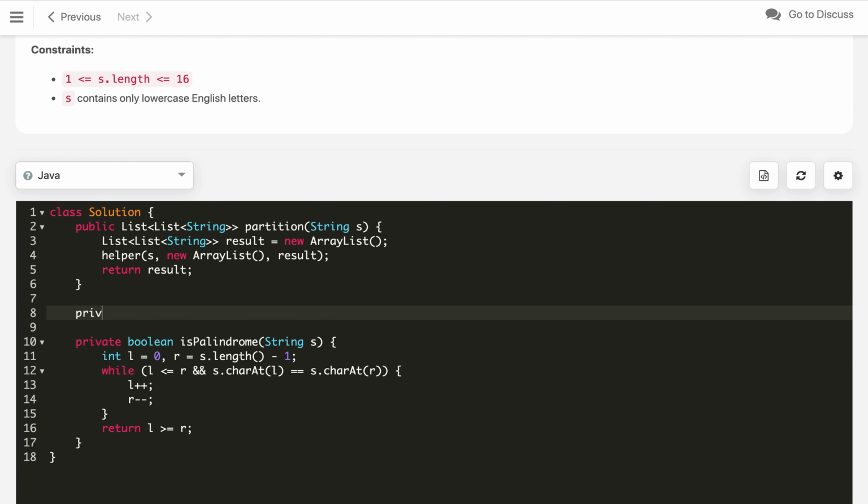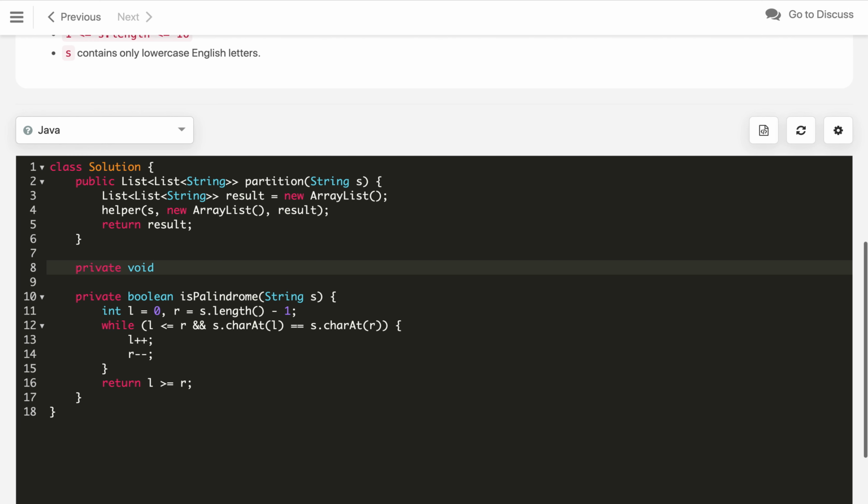So now in the helper method we will write this. If you have already solved some of the combination and permutation problems, this is very similar to those problems, nothing is special. So now this string is S and the list of strings, which is like the current list, and the actual result is a list of lists, which will hold all the lists of strings.